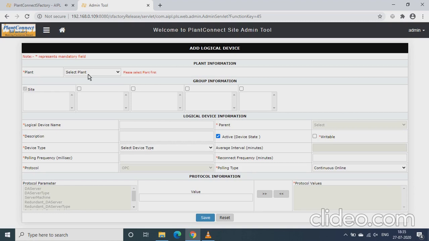So let's quickly add the logical device for our case also. So in my case I am going to have a logical device and then a physical device which will be fetching data using Modbus TCP protocol. So for that purpose select the plant. So we have already added the demo Oracle plant. Then you need to click on this site,